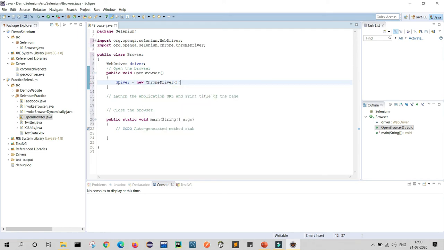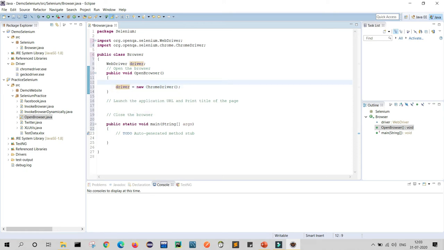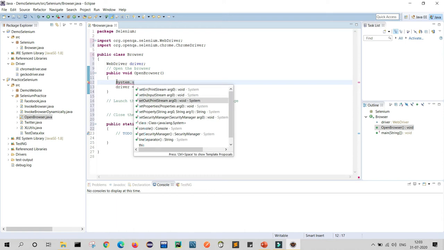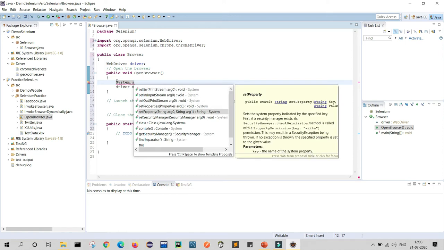So for setting system properties, we will write System dot setProperty. You can see these are the list of methods. So here I will select setProperty.